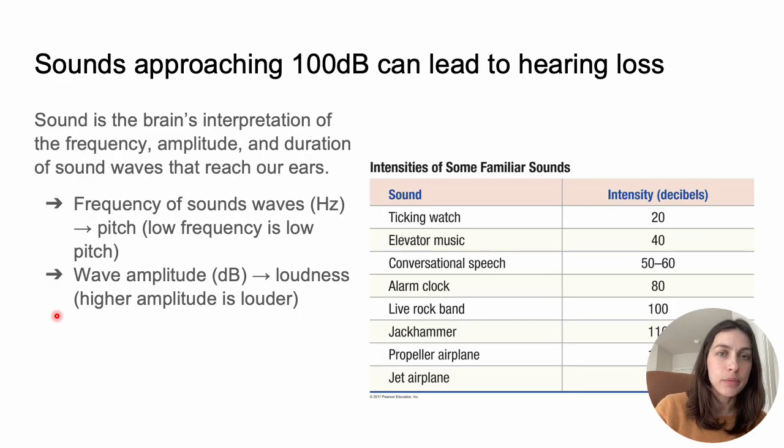So as a review here, sound is the brain's interpretation of frequency and amplitude, but also the duration, right? How long that horrible, unpleasant sound I made was happening. When the ripples of air waves are hitting our eardrum, we're going to transduce that energy pattern into action potentials that are going to be interpreted as sound. So that's going to combine frequency, amplitude, and duration.